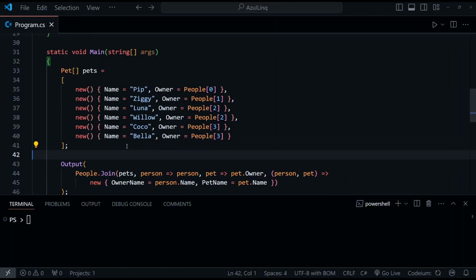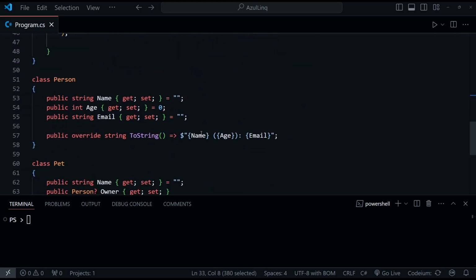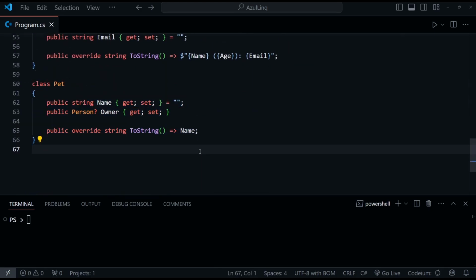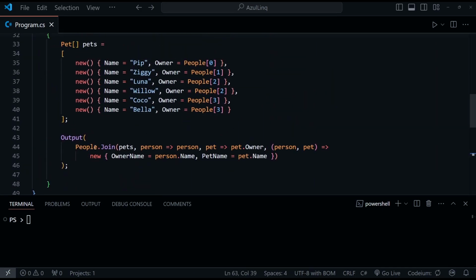I created a new list of pets this time, and I've also added in a new pet class down below, which contains a name field and a person representing the pet's owner. To perform a join on the people array and the pets array, we first specify the first collection, people, then call join, and then specify the second